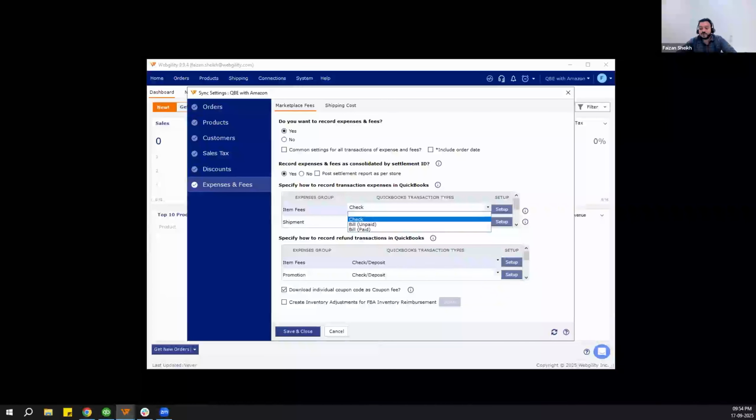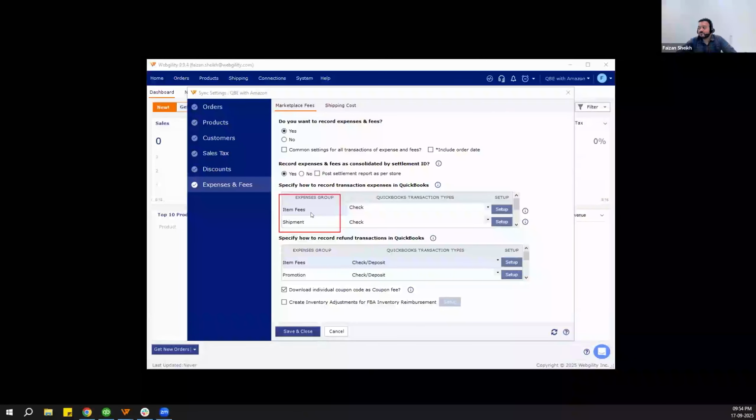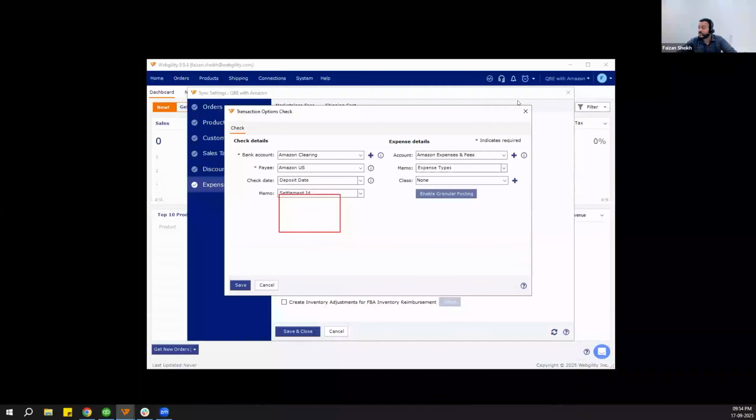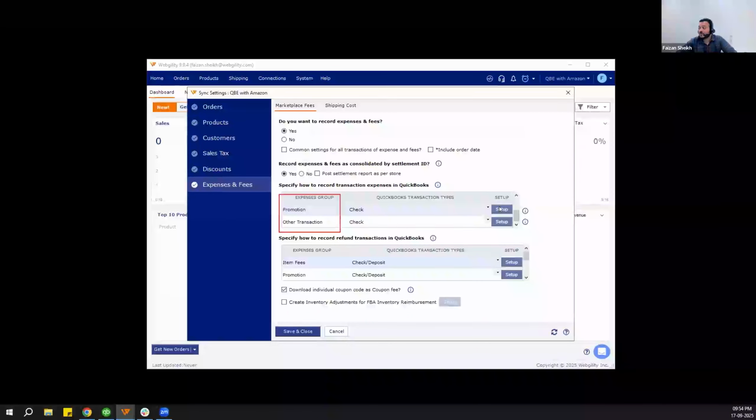And you can see the breakdown of expenses grouped: item fee, that means all the fees related to the order item, shipment related fee, promotions, and other transactions. So for all the different types of fees we have created, check is the recommended option. And when I click on setup,